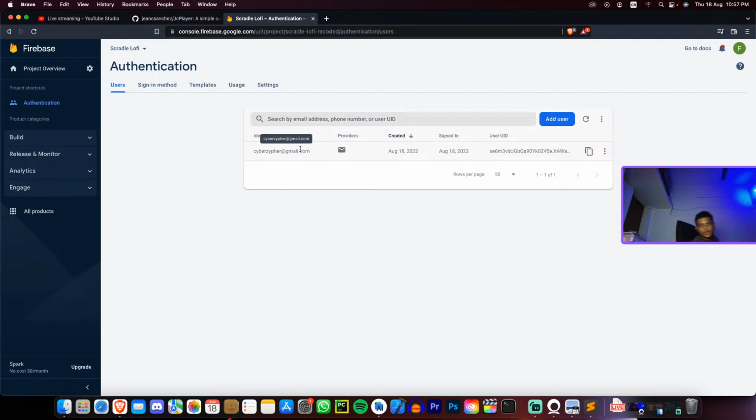We have our code ready and we almost created everything, and also the authentication is working. That's the main thing over here. And actually I'm so happy at this moment because I actually created the same app, the same Scradle Lofi app, but with just 1/3 amount of the time that I invested on creating it for the first time. So this is a huge improvement,